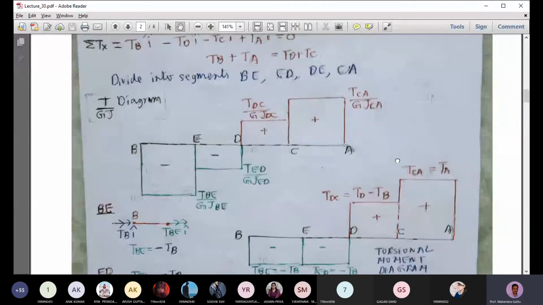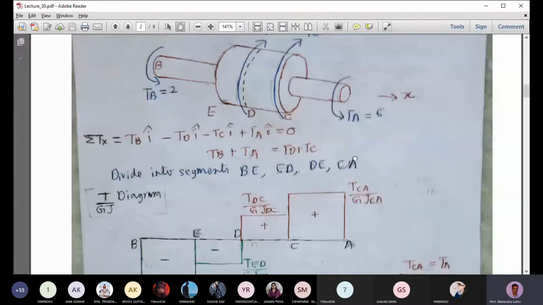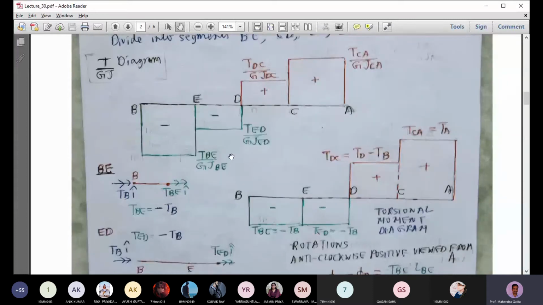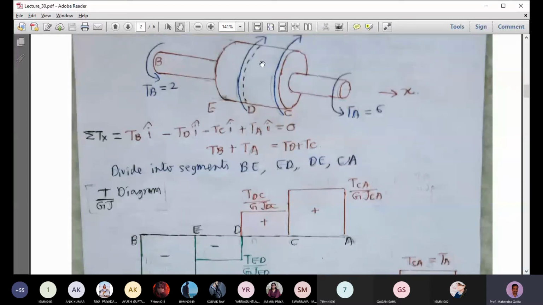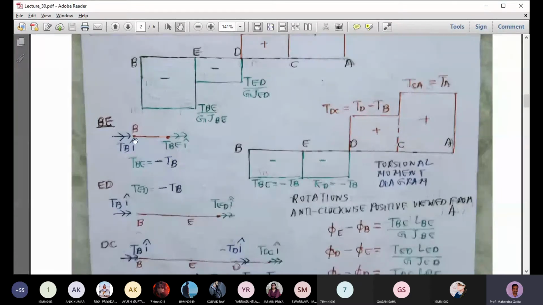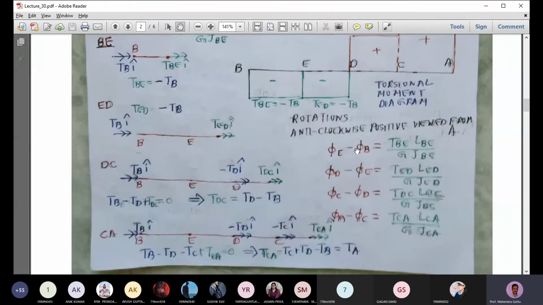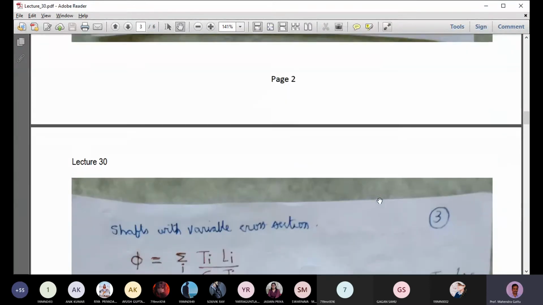Okay, so I have simplified the problem by using these double arrows. If you want to do it a different way, where you cut the cross section and show the arrows, it will be very complicated. So I have simplified it by using the double arrows, so the analysis is a little easier. We can find the change in the twist angles between different segments and the total twist produced by summing up all these terms. Okay, I will take a small break and I will come back.